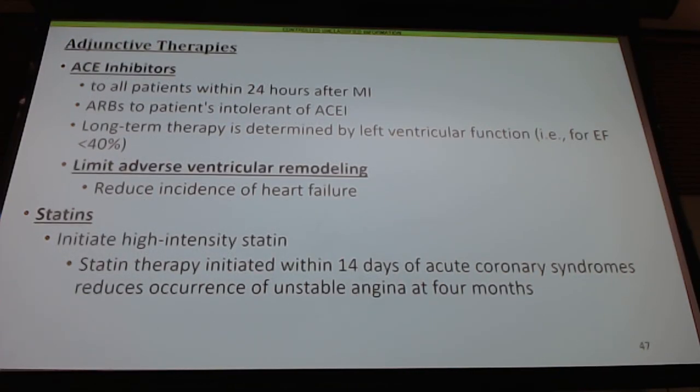Some additional meds, so ACE inhibitors are recommended. I mean, it reduces the afterload, which is great because that will help with your cardiac output, right? But the reason we say specifically ACE inhibitors or an ARB, if they can't tolerate ACEs for some reason, and not like HCTZ or calcium channel blocker, is because ACE inhibitors also limit adverse ventricular remodeling. So similar to your beta blocker, they will limit that scar formation to just the area that was damaged and affected by it.